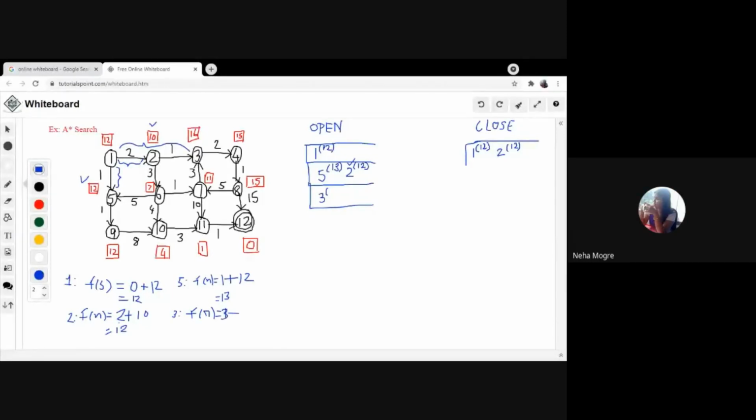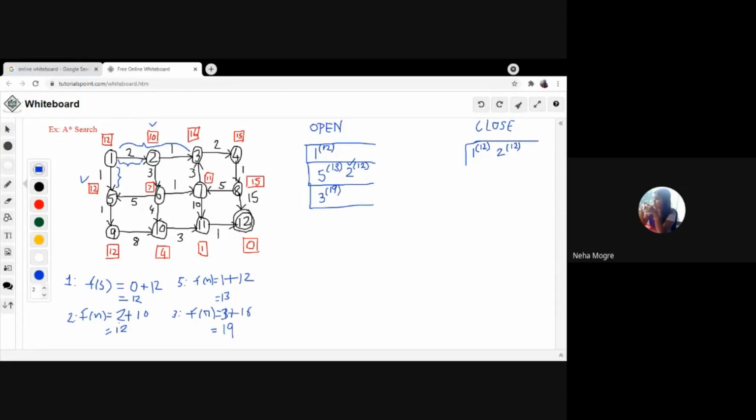The cost from 1 to 3 is 2 plus 1, that is 3. Now, plus the h of n value of node 3, that is 16. So we will get 19.